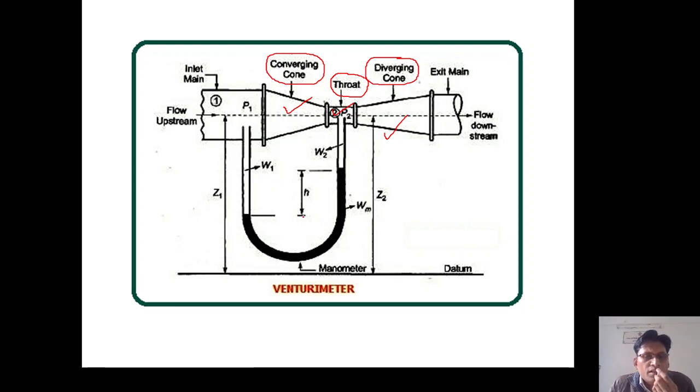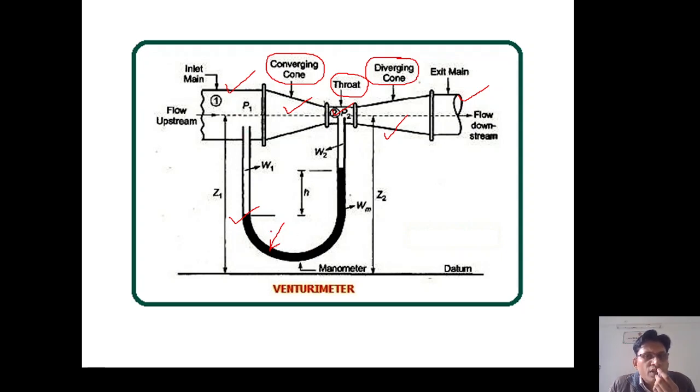And the other part is this U-tube manometer. It means it is a glass tube in which mercury is filled. This grey part is the mercury, and this is the pipe in which any fluid is flowing. So you can see a very simple arrangement of venturimeter. You have to remember only that venturimeter has three parts: converging cone, throat, and diverging cone, and a glass tube